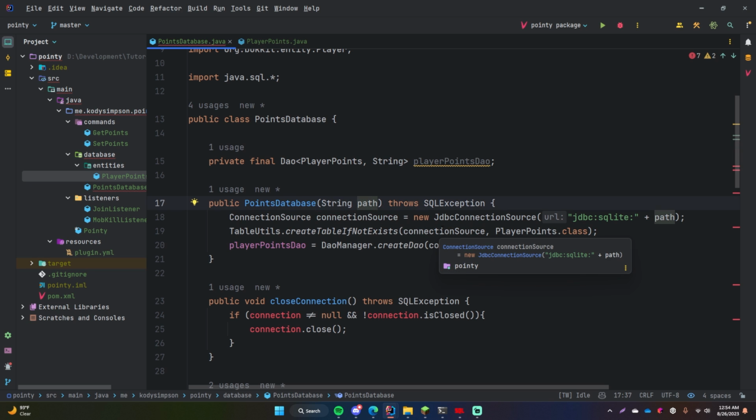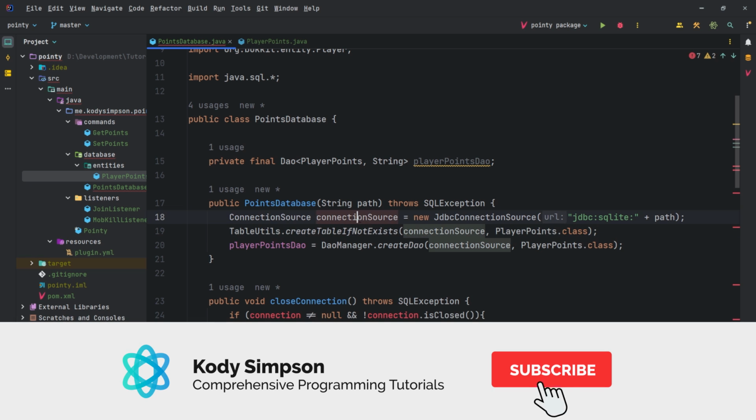Like I said before, DAO stands for data access object, and within the context of an object relational mapping library, this is simply an object that you can use to do stuff to the database based on your Java objects. What that means is that the PlayerPoints DAO that we just created is an interaction between the PlayerPoints class and our actual database, except that the database part of things is hidden behind the scenes.